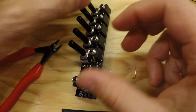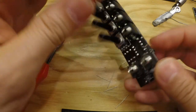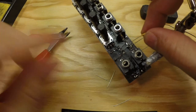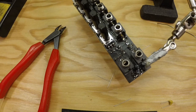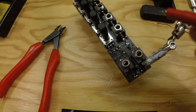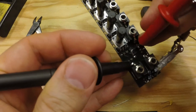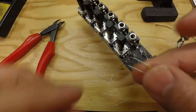Right, and then the decoupling caps for the TL072. We have pin 1 is, let's see, where can I get this? Pin 1 is up there, so that means that we have pin 4 down there, and we connect pin 4 to pin 3 because pin 3 is ground, and we can check this with a multimeter and a diode checker. We touch one ground and we touch pin 3, and it should connect. It does. So from pin 4 to pin 3,